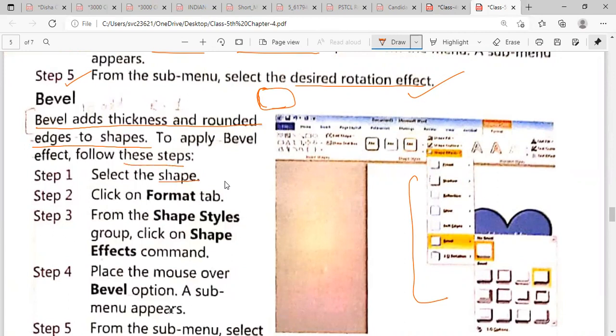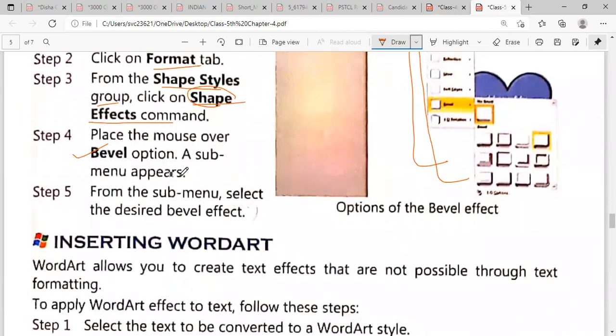First is select shape and click on format tab, and then go to shape style group and then click on shape effects command. Then place the mouse over the bevel option. Okay, when you click on the bevel option, sub menu appears, and from the sub menu you can select the bevel effect. Okay, now these are the options you can see in the picture on the right side regarding the bevel effect.